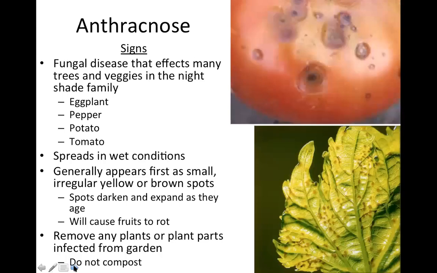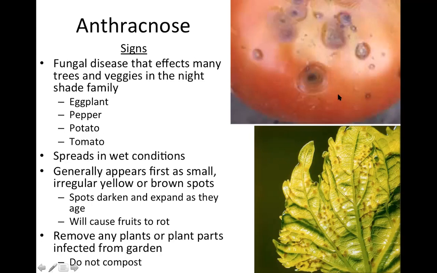And anthracnose. Anthracnose is this giant umbrella term for lots of different fungal issues, and it affects all different kinds of plants like dogwoods and stuff like that. But it does affect some of your nightshade plants, like the eggplants and peppers and potatoes. Basically you get these dots on them. It's not that serious for vegetables. It's pretty serious for some other things like dogwoods, they're having an issue. But yeah, you get these dark indents and stuff,